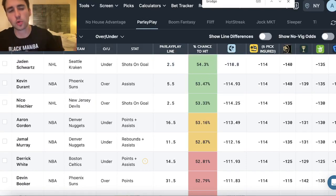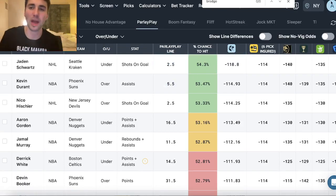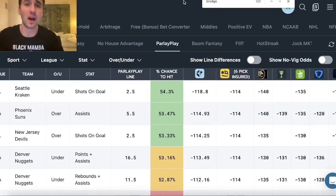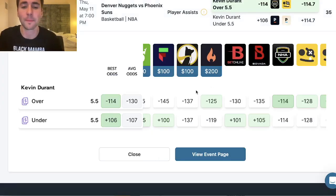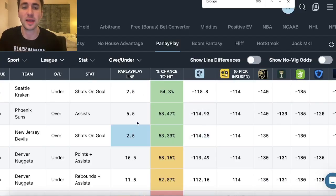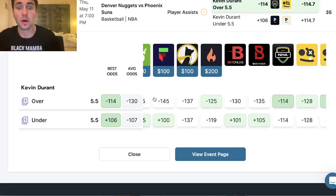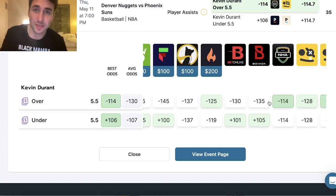You can use this tool on Parlay Play, PrizePicks, any of these fixed payout platforms. Essentially what this tool does is it just uses sportsbook odds, right? Everything's just based in data. It uses sportsbook odds to tell you the win probability for your bet. So for Durant over 5.5 assists, we know all the sportsbooks have his over favored, so we know the over's winning over 50% of the time